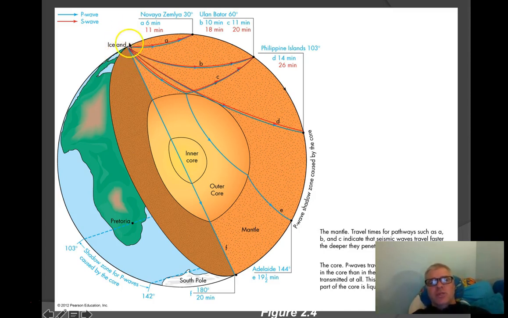And so if there's, say, an earthquake here and you have all these seismometers that are reading the earthquake waves, you can see where the S waves make it through and where they don't. And then there's something called P waves, caused by earthquakes, that do go through liquid, so you can tell what parts of the Earth are liquid and which ones aren't. And also, by the way they bend and the amount of time it takes to get through, you can tell things about density. So that's where some of this information comes from.